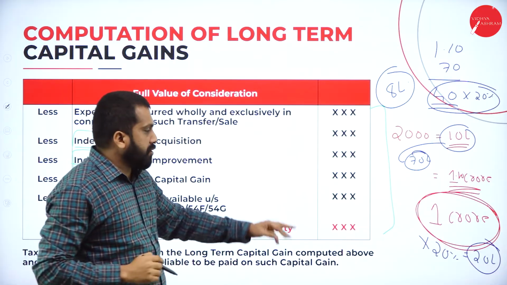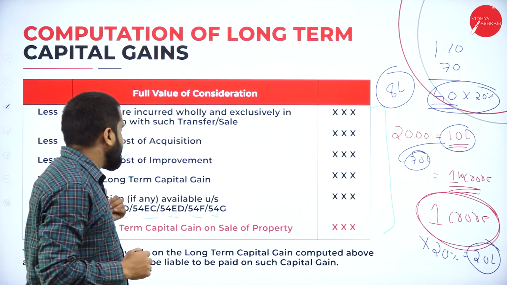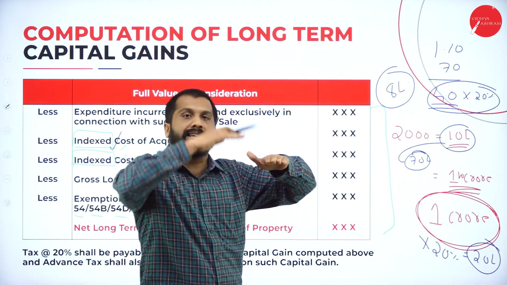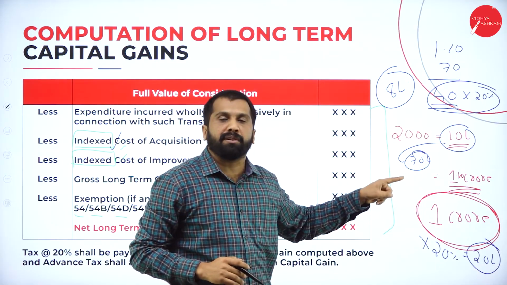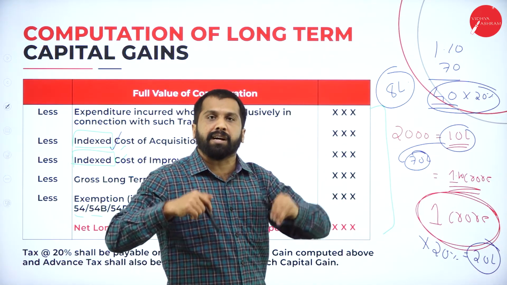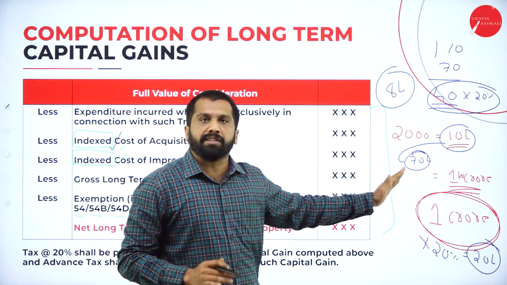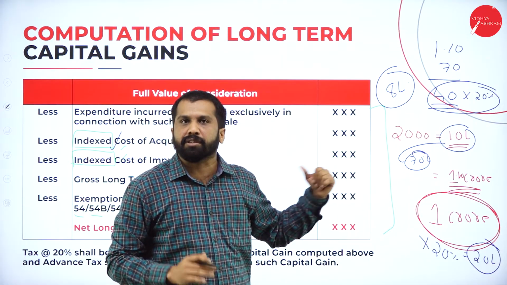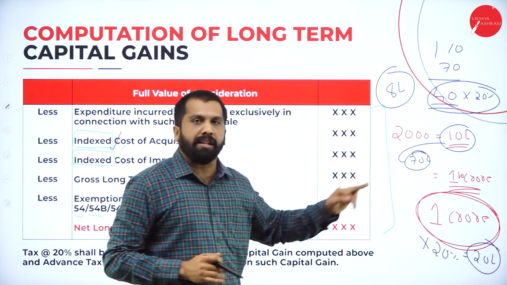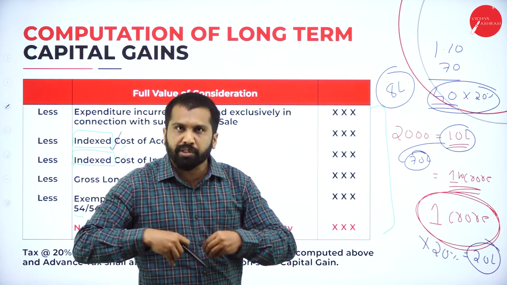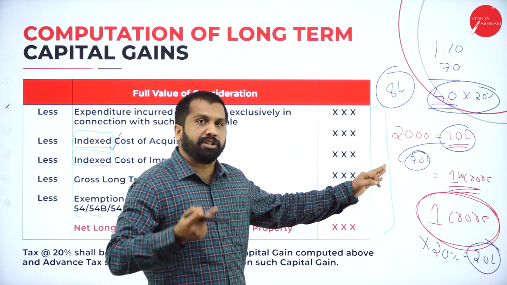See, you were supposed to pay 20 lakh as tax. After applying this indexation, your tax has become only 8 lakh, because your 10 lakh has become 70, since 10 lakh from 20 years back is now equal to 70 lakh. Now, hope you understood completely what is indexation cost. But the question is, sir, how does 10 lakh become 70 lakh? Who will calculate this? We should calculate. How to calculate this? For that, I'll show you in the next session.